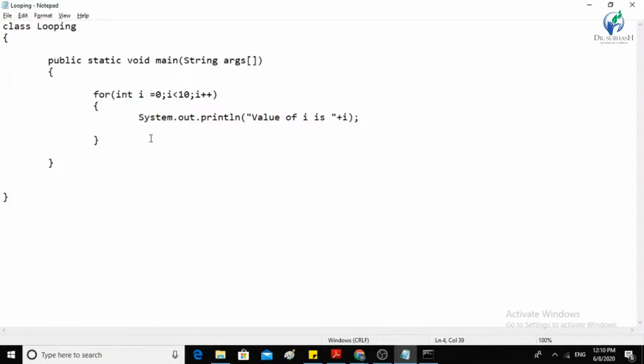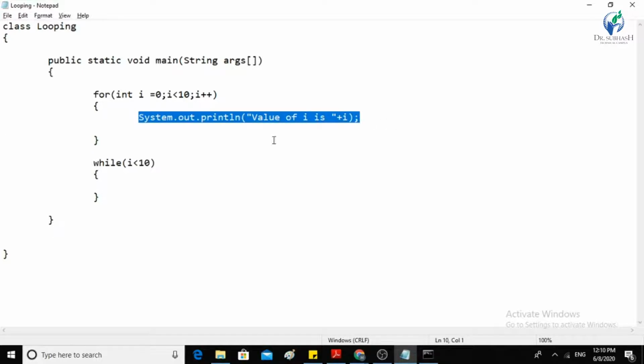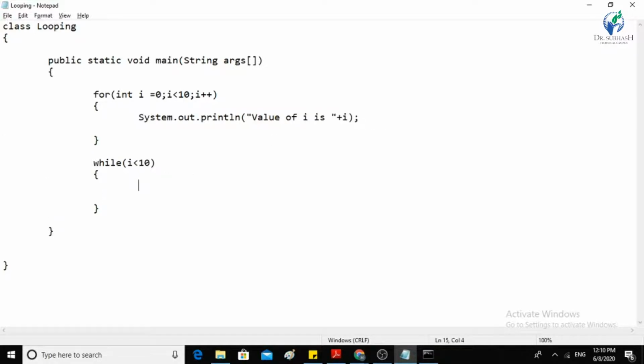Let's say if you want to define a while loop, it is similar, you just convert this to a while, the same as in the C language, no change, i less than 10. Let's just copy this from here to here, simple. Let's do this with j, because we have already defined i, and replace this i with j over here.